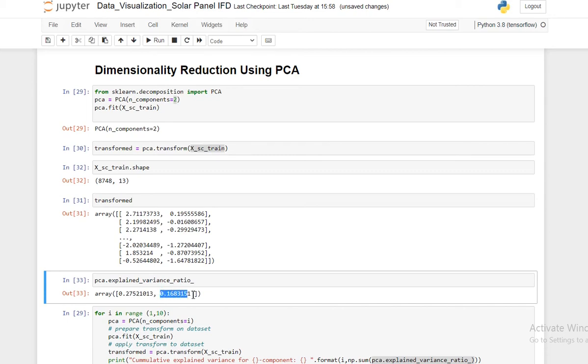The second principal component carries 16.8% of the total variance. If we combine these two, it's approximately 44%. That means the first two principal components combined explain 44% of the variance of the entire data set. But ideally we'll need 85 to 95% variance explained.